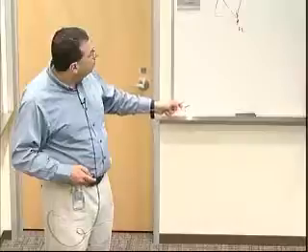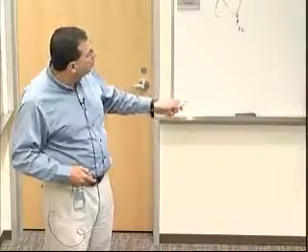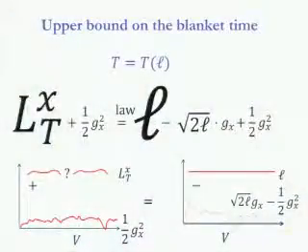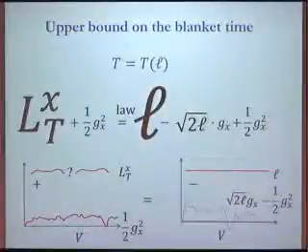Okay, so we have this. Now let's just open the square on the right-hand side so we can write it this way. And now I'm going to copy this, but just use bigger type for the bigger quantities. So the idea is we want to run this to a time which is large. So the local time, this L, will be large, and then these local times will also be large. So this is the same formula you saw before, but emphasizing the fact that we're running to a time L